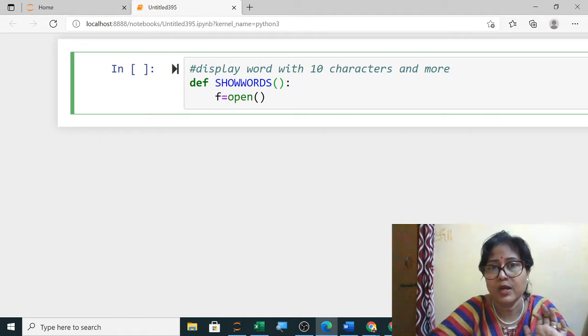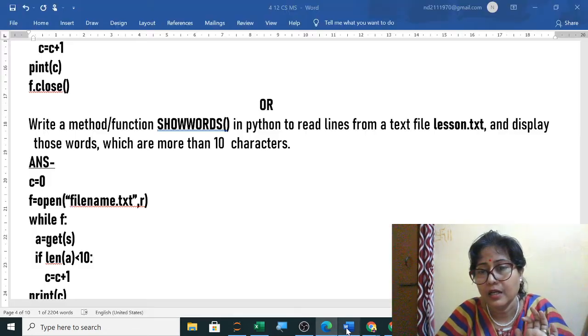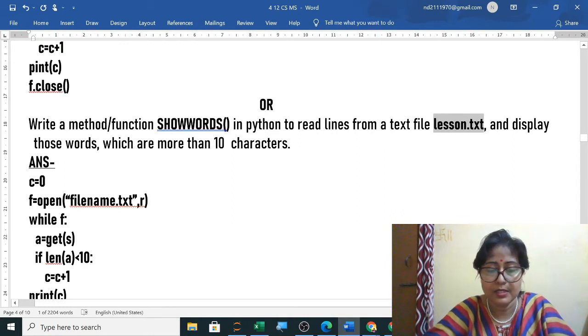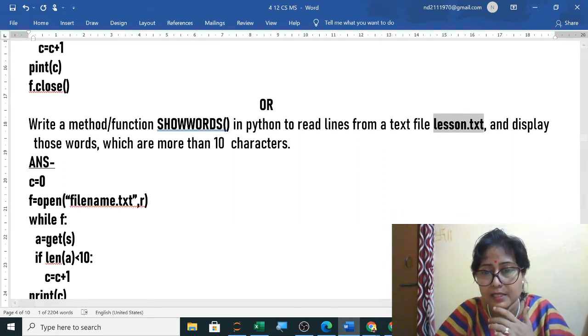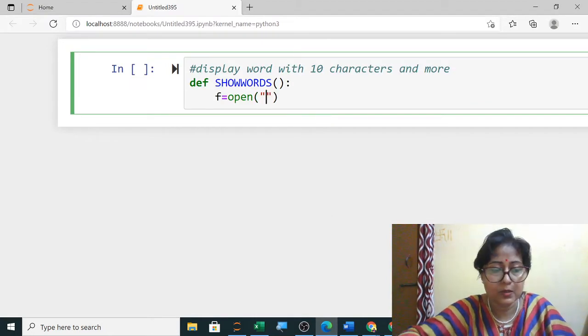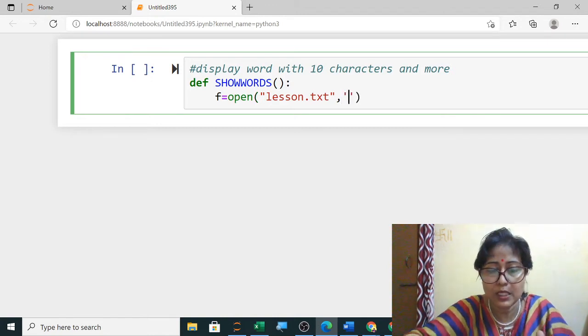Now next was your open. In open, the file name was lesson.txt. So the same thing you will write here, lesson.txt in double quotes. Now for showing the words we require to open in read mode, and it is a text file, so only r you have to write.